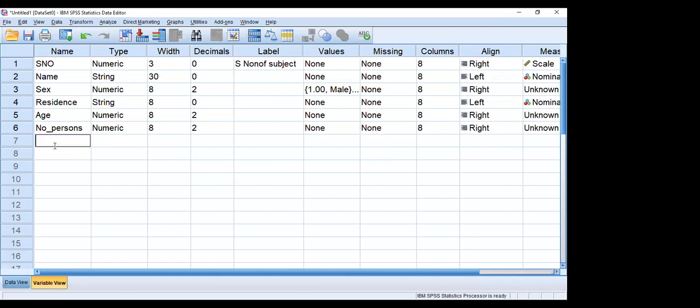So you should not keep any blank here. Only if you want to distinguish, you can make use of an underscore. Apart from underscore, you should not use any other special characters. Instead of keeping blanks, assign this. Suppose we want to find per capita income, PC income. So what is PC income? You can write it like this: per capita income of the household.